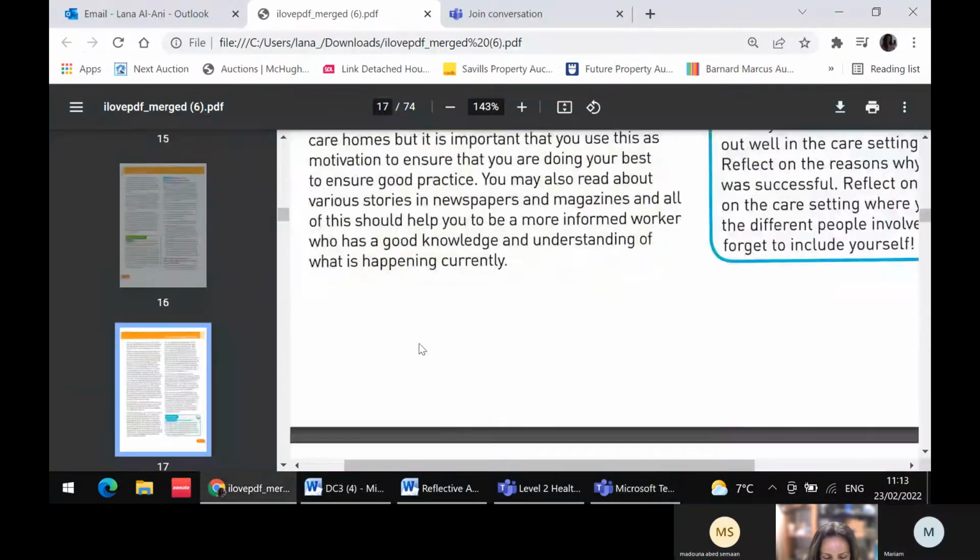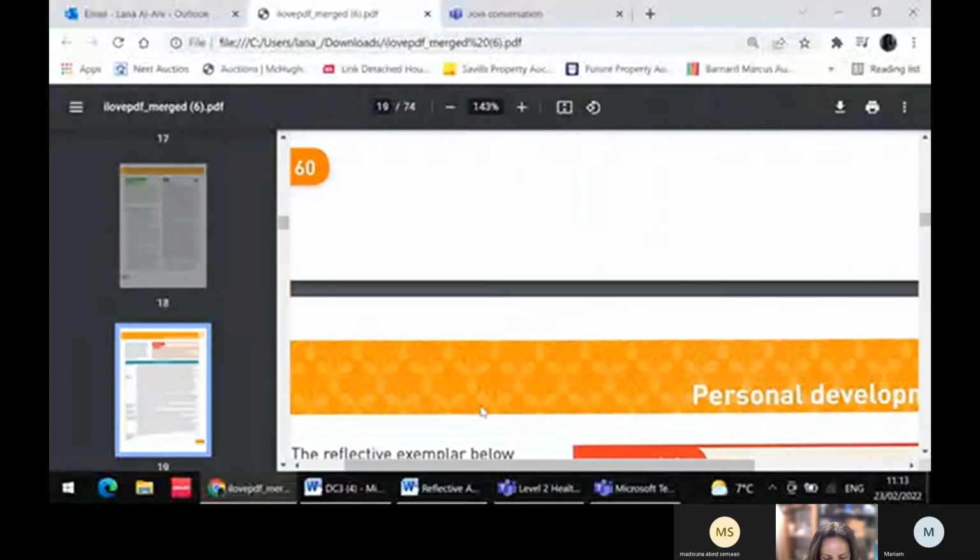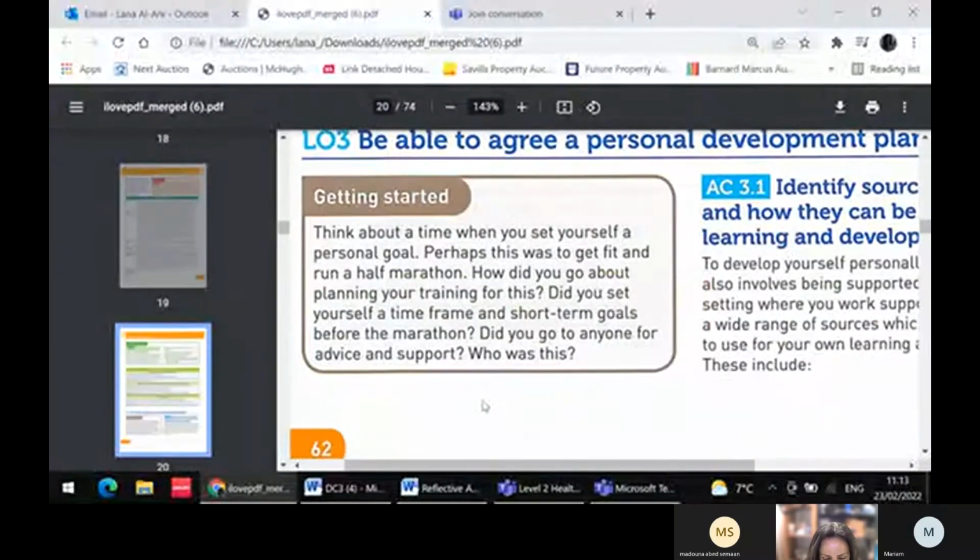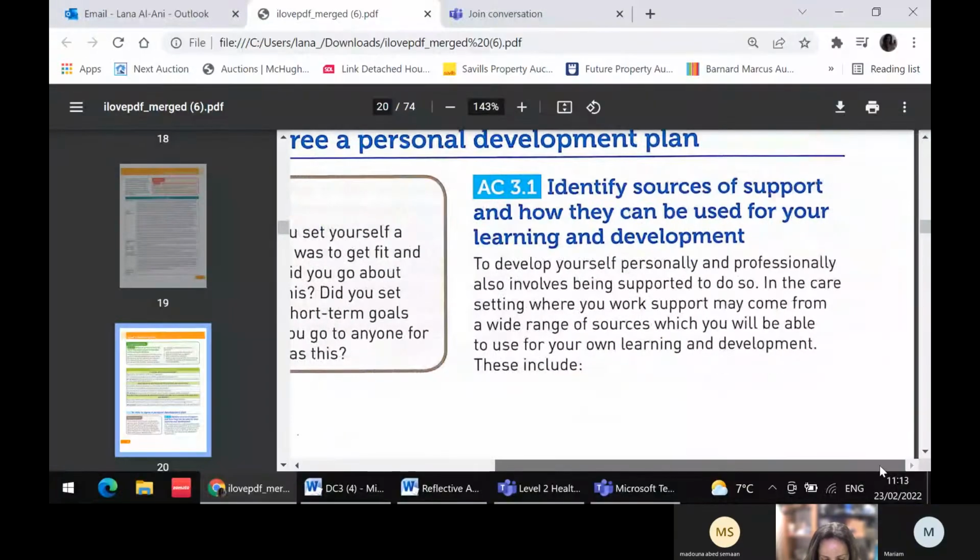Let us say you just started working, but you're stuck with something. My manager, my colleagues. Excellent, yeah. Very good. Yeah. Training, yeah. Yes, very good. So the sources of support that you can have to be used for your learning and development, to develop yourself, your professional knowledge and skills and experience, you need to get a range of sources, such as,